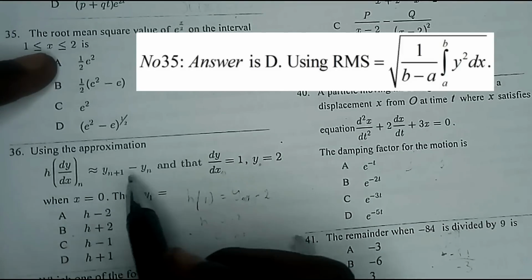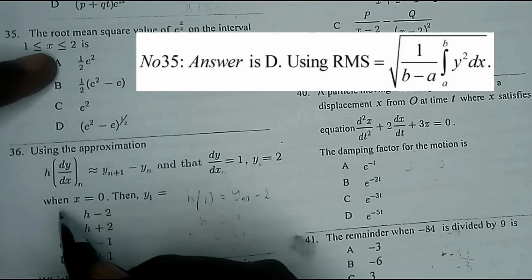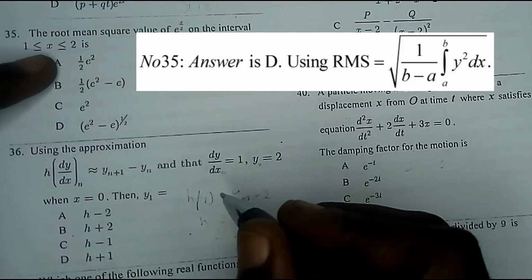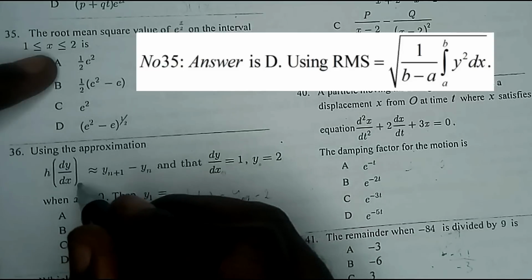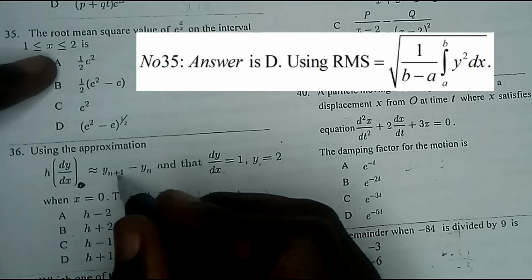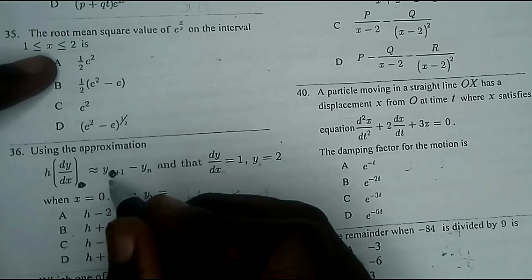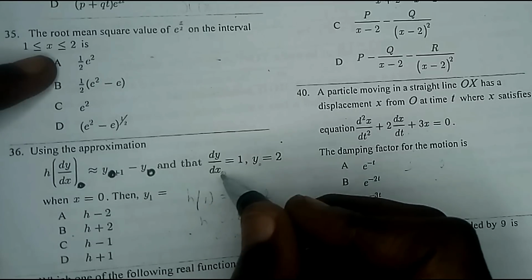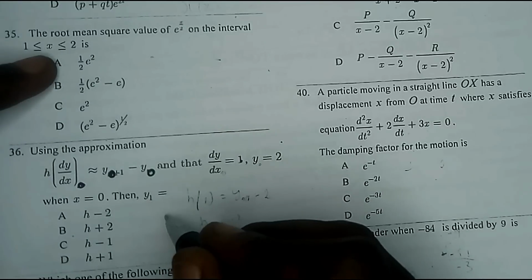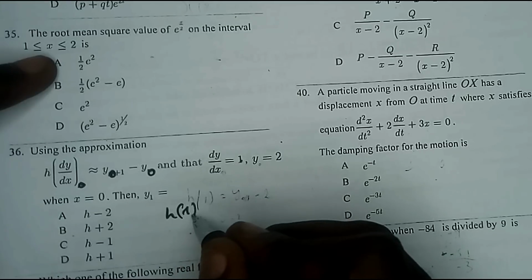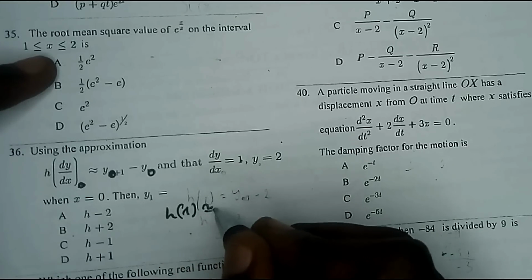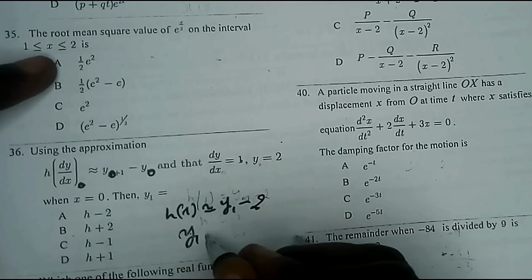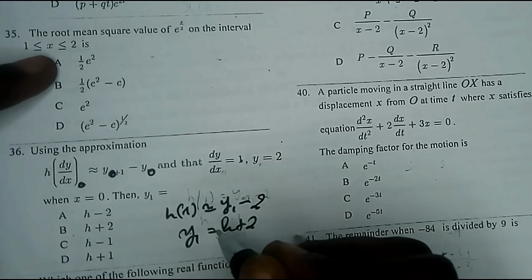If x naught is 0, we should be talking of y1 minus y naught, and dy/dx at naught is 1. So we should be talking of h times 1 approximately equals y1 minus 2, and so y1 should be h plus 2, which corresponds to B. In number 40,